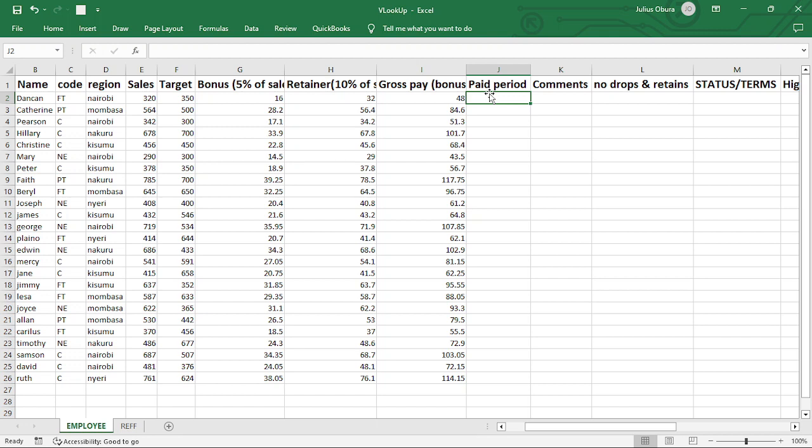Then we have the paid period. The next thing that we are supposed to compute for is the paid period. So this is where we are going to make use of a Vlookup function. And ladies and gentlemen, before I proceed to get the paid period, let me just give you a quick overview